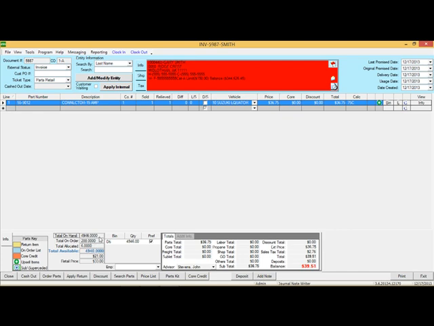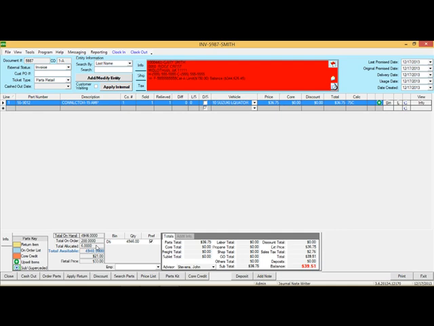We have a total on hand of 4,946. We have 288 on order, and we have 6 allocated. Now, allocation is when the parts department may have 10 of them on hand back in the bin, but the service department needs 6 of them for a job they're doing in the service department. So the service department put 6 on the ticket, but they haven't come over and pulled them out of the